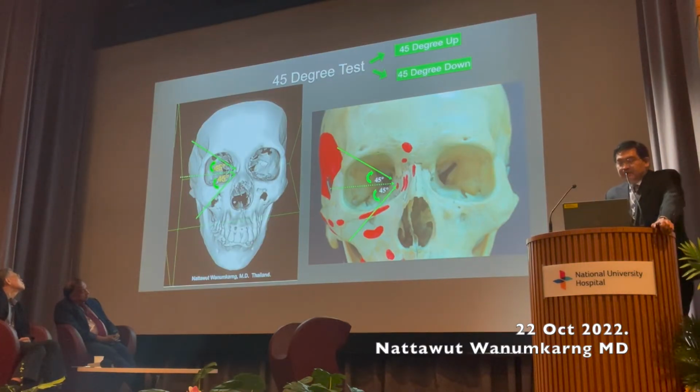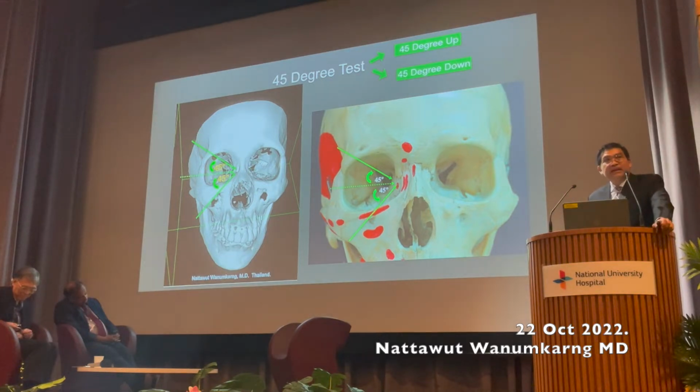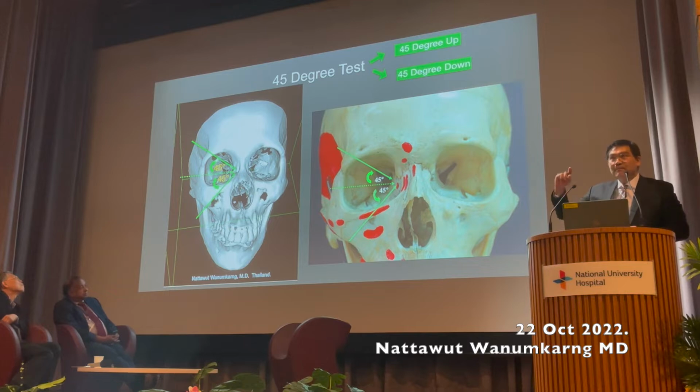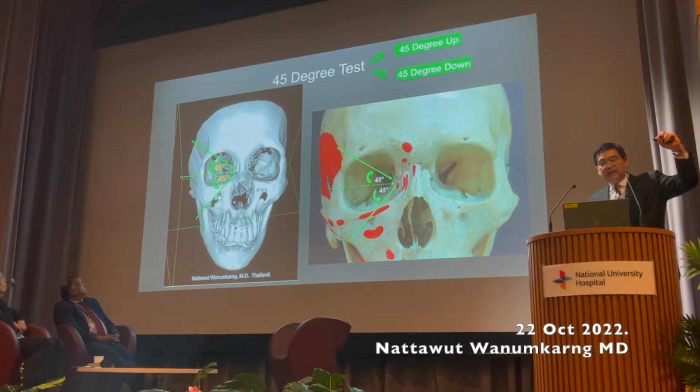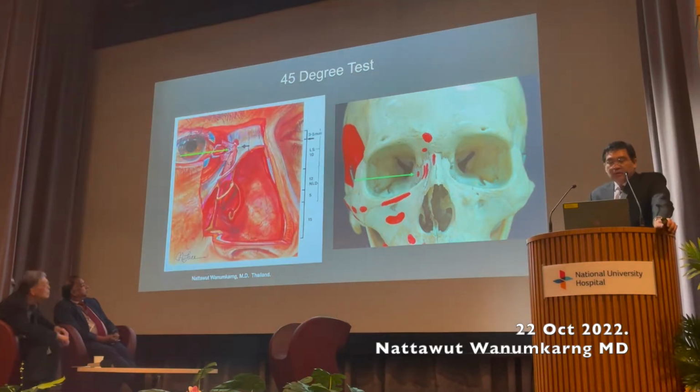This is a test that I call the 45-degree test. I divided and subclassified it into 45-degree up and 45-degree down. 45-degree up means we bend the proximal part of the Bowman probe down, so the tip of the Bowman probe comes up. So we call it 45 up. And then we can rotate the proximal end of the Bowman probe up, so the tip goes down. So we call it 45-degree down. So this is the